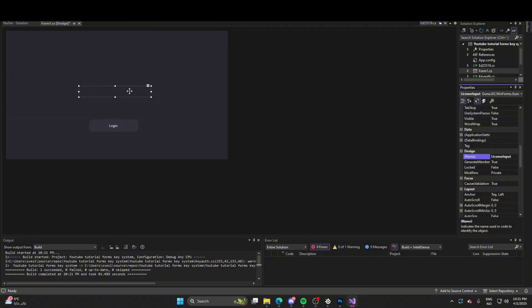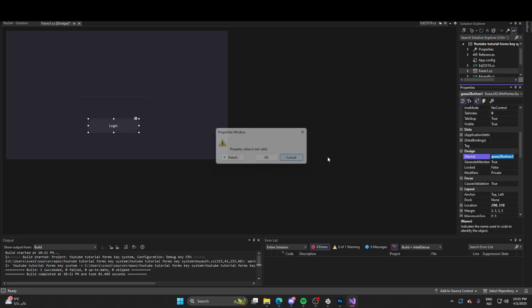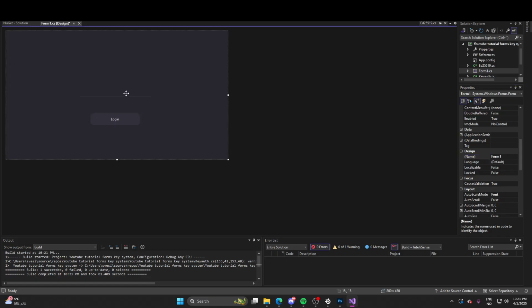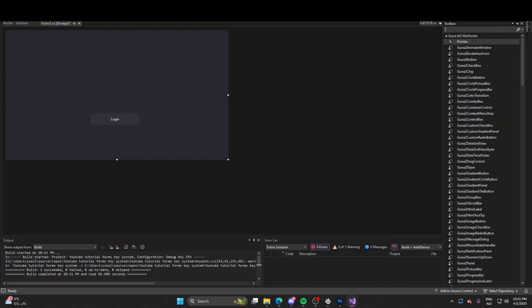And change the name of it to license input. And I'm gonna change the name of the button to login button for a bit more organization. Login button. Move this a little bit up. Now we're gonna add a